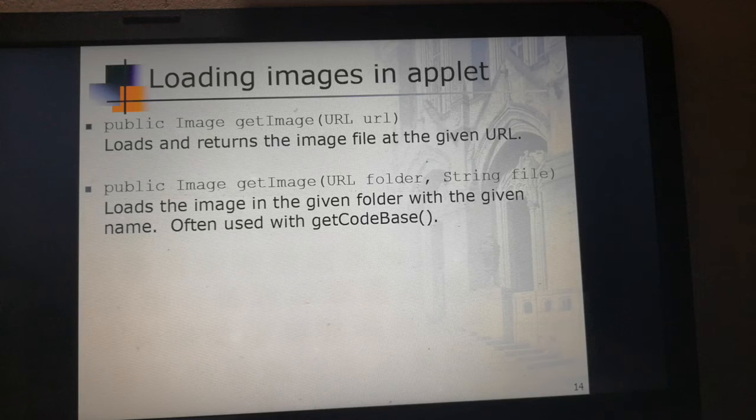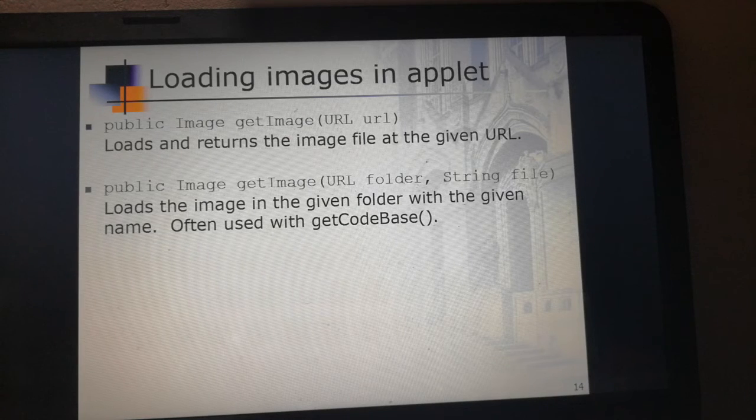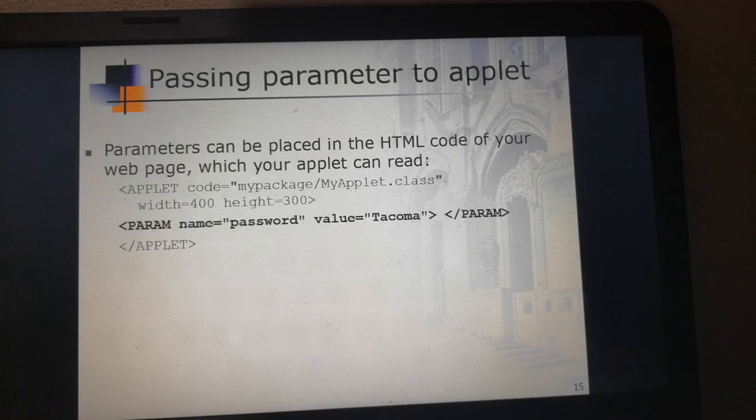In this section, we are going to describe how an image is included in the applet. Normally it is the same as how we embed images in an HTML tag. You can see it here. The image URL will be given in the HTML tag, and thus we can include the images in our applet.